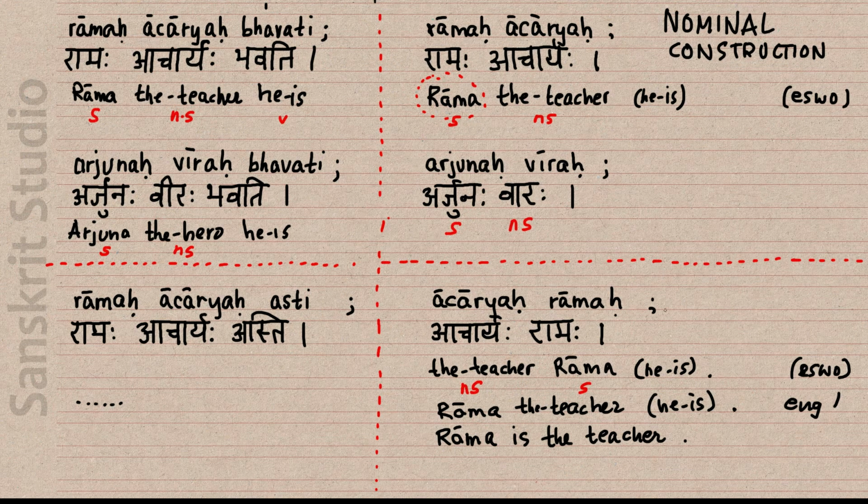If we were to have a nominal sentence without a verb, the best possible alternative would be number 2. Why? Because by flipping the subject and the non-subject, the s and the ns, by flipping them,